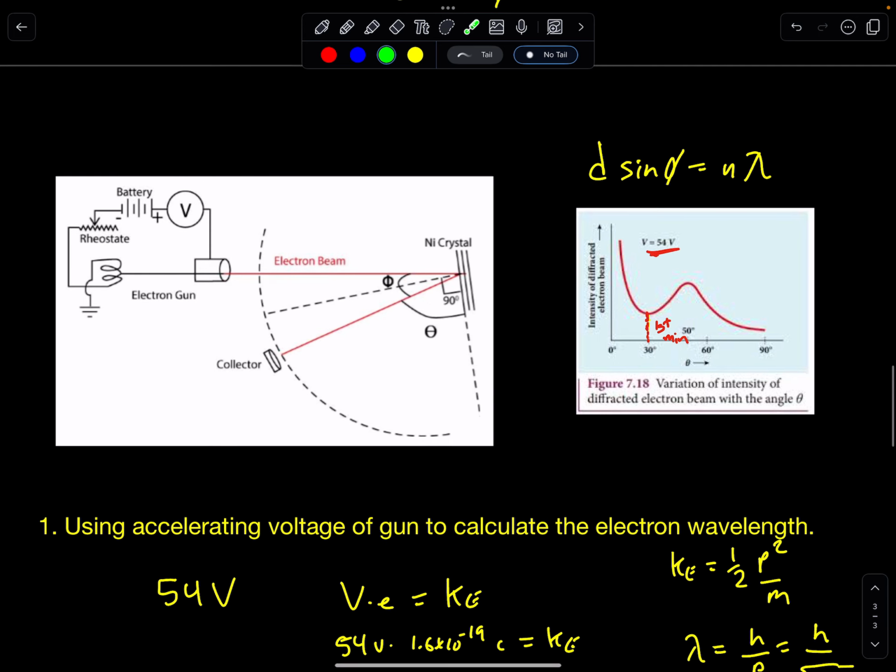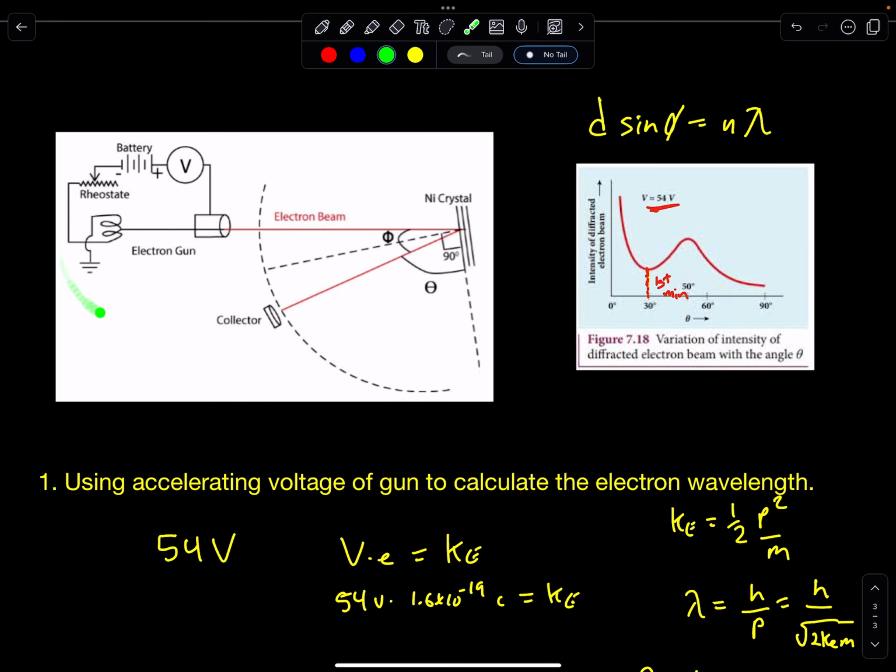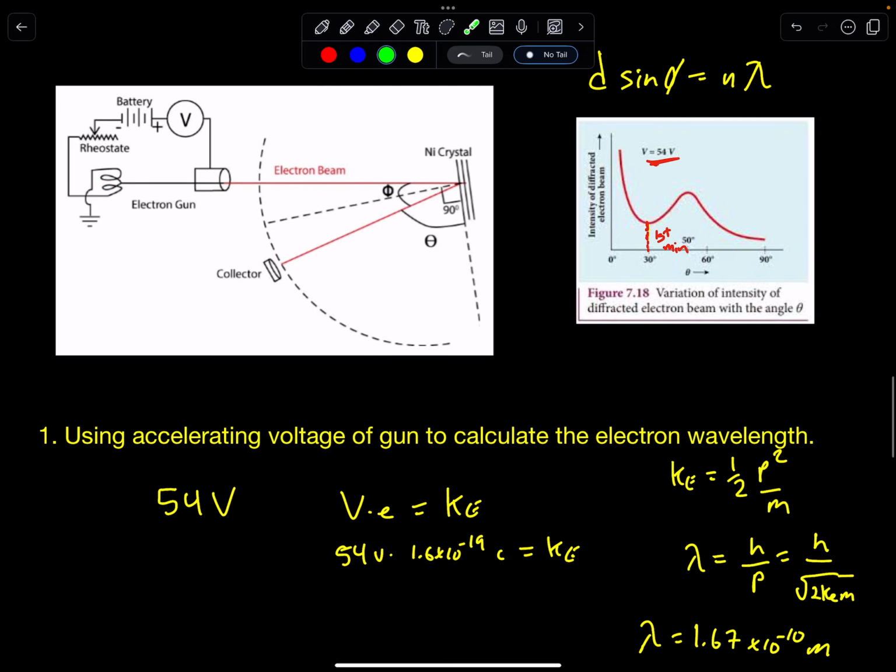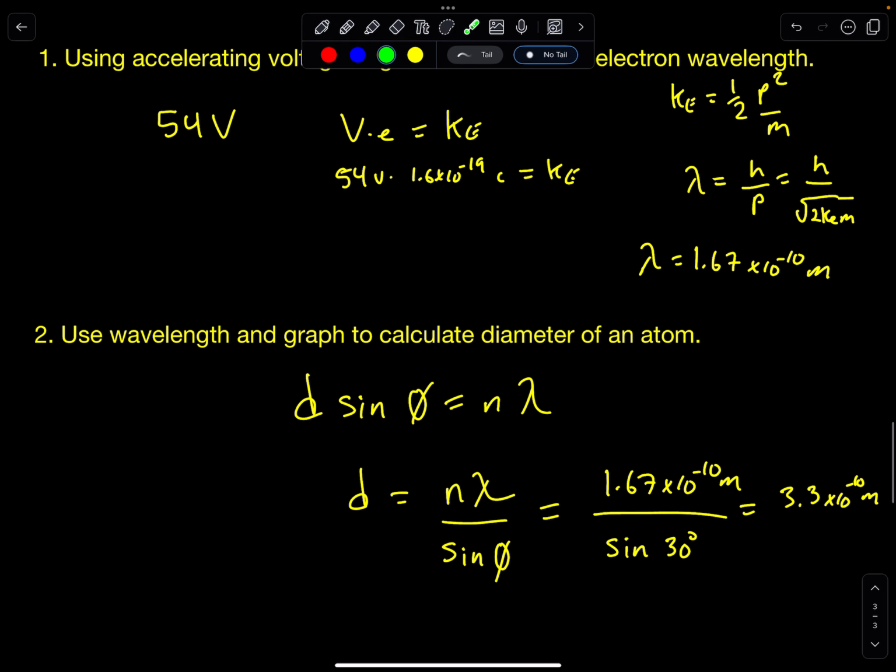Okay, this would be an excellent problem on an exam where they give you a voltage here. You have to calculate the wavelength of a beam and you have to use a graph to measure the width of an atom. That sounds like a really good 10-mark question. All right,